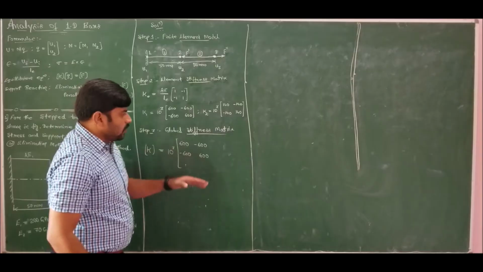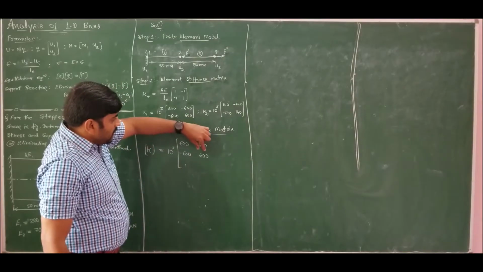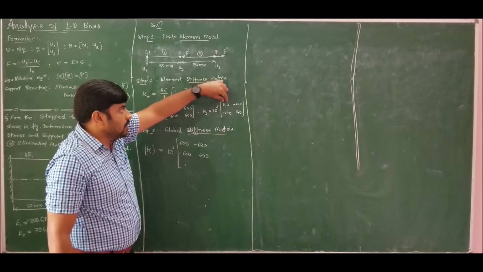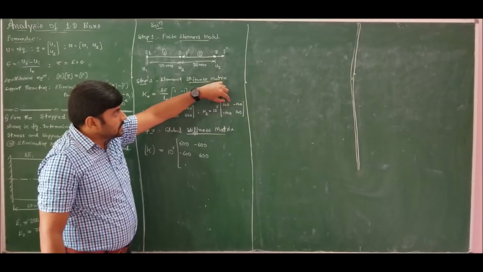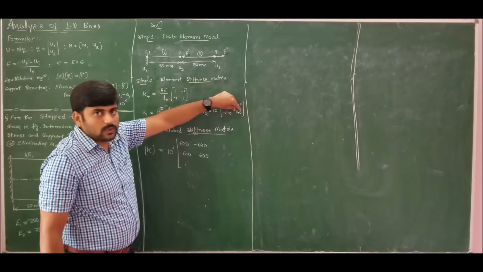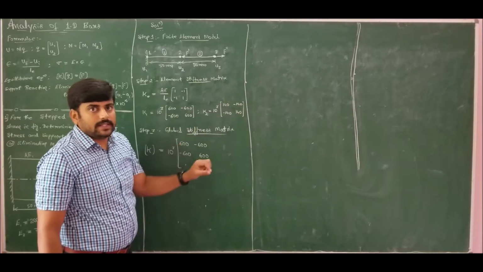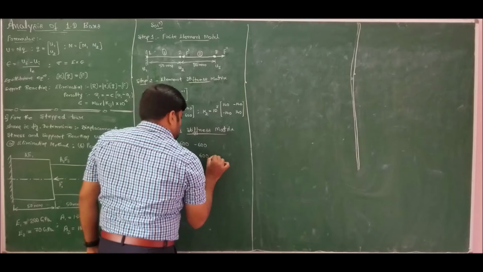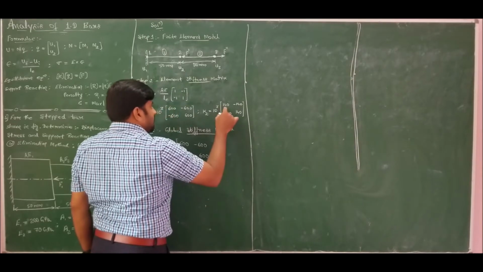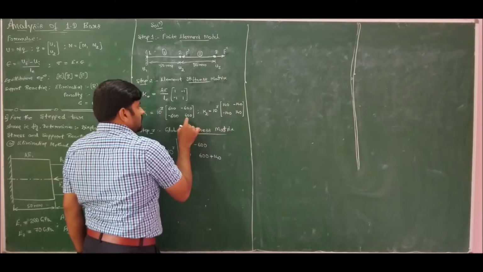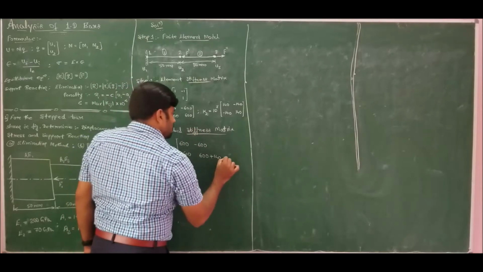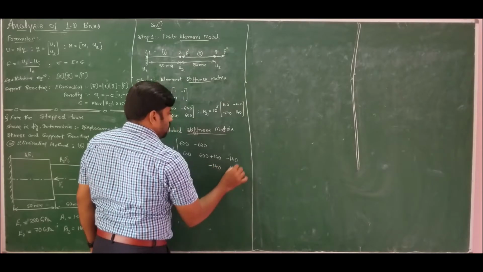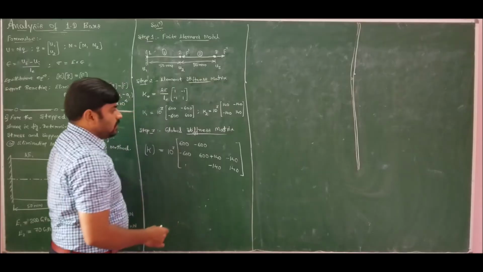In order to construct the global stiffness matrix, the last diagonal term of element 1 should be added with the first diagonal term of element 2. Similarly, the last diagonal term of element 2 should be added with the first diagonal term of the next element, and likewise I keep on constructing the global stiffness matrix. By the same procedure, I add the first diagonal term of element 2 with the last diagonal term of the previous element. Continuing the matrix, I get -140, -140 and plus 140. Since we have only 2 elements, this is the global stiffness matrix.